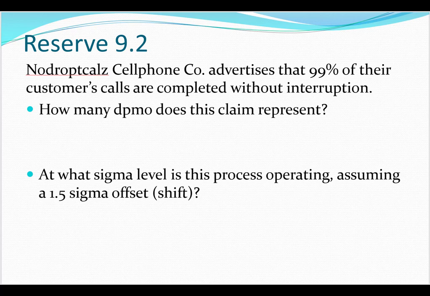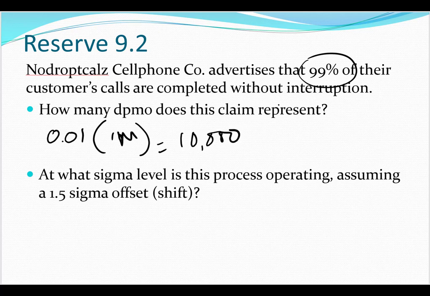So the defect rate is, if 99% of the calls are completed, then the error rate is 0.01, or 1 minus 0.99. So 0.01 times 1 million is equal to 10,000. So the DPMO is 10,000